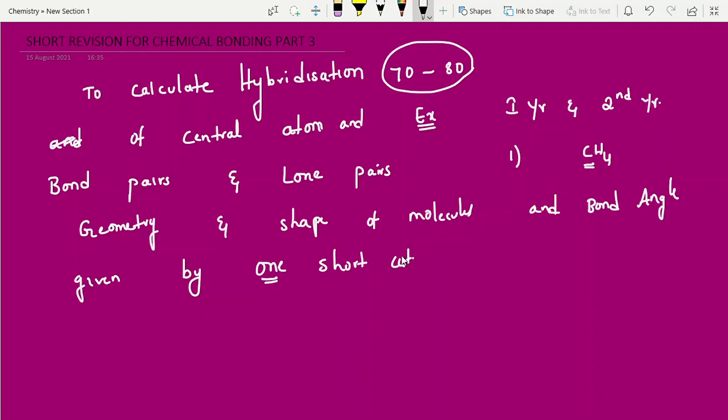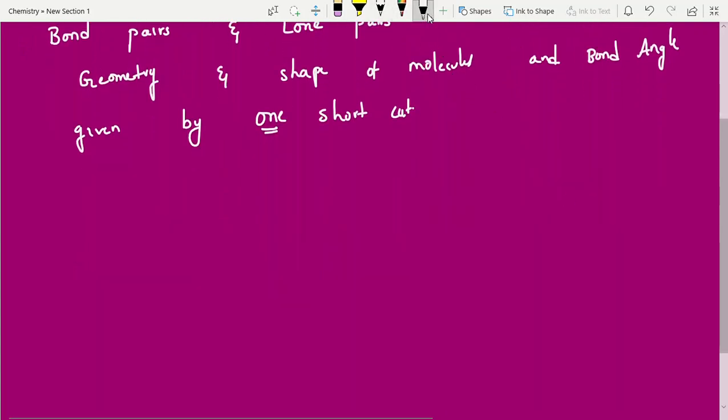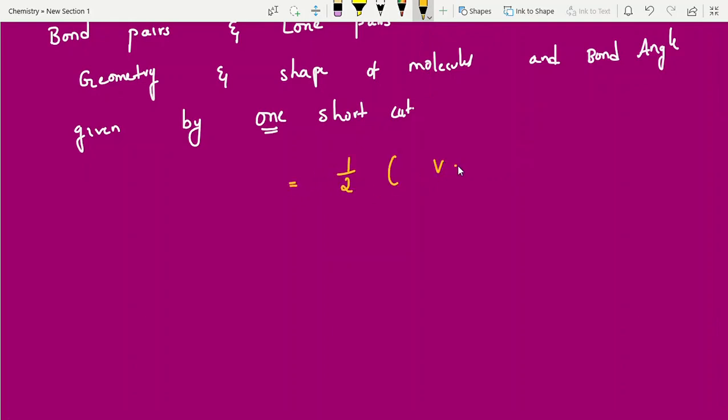I am writing here, students. Half into V plus M minus C plus A formula. Very useful formula. Half into V plus M minus C plus A. Clear, students? What does V refer to? V refers to the number of valency electrons